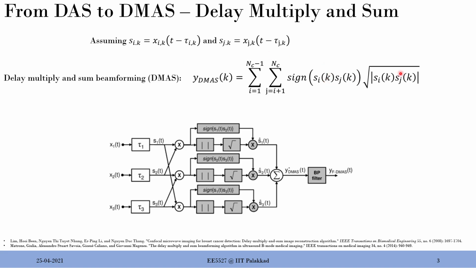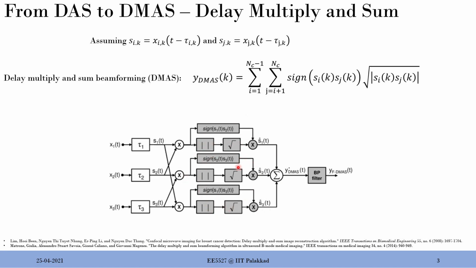then what we are going to do is multiply them, but multiplying them will give the power of the signal. We are not interested in power, we have to come to the amplitude, so we have to take the square root. But the signals have negative and positive values, so we need to do it this way: sign of the product multiplied by the square root of the absolute value of the product. And if you are keen on block diagram representation, this is what it does.